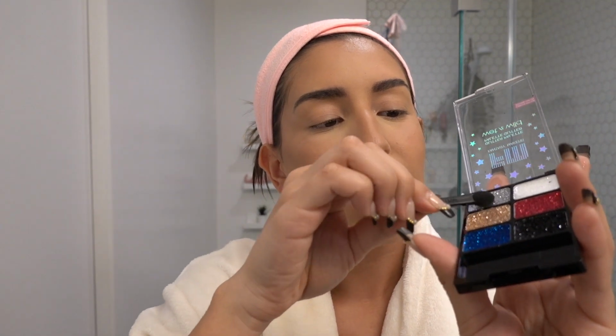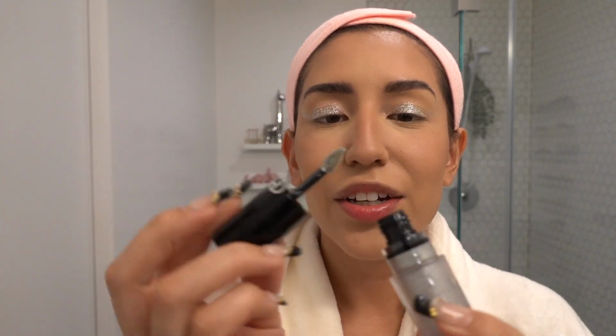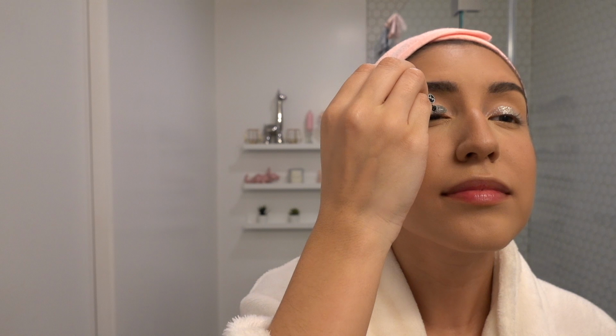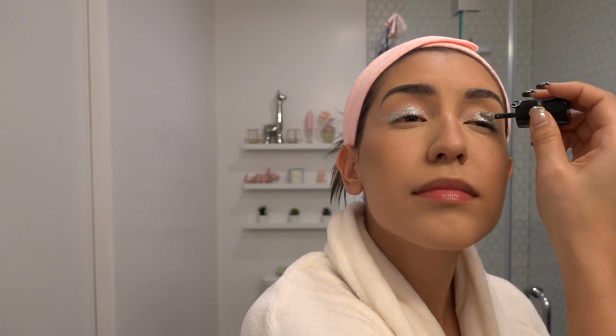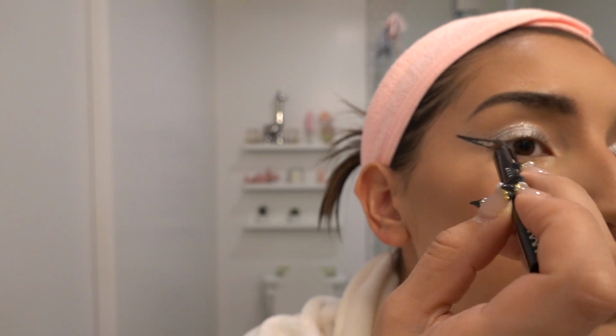Like I said, I'm not a makeup guru. I'm not the best at makeup, but we're gonna try our best. So I'm gonna get some of that silver shadow. Okay, I just found this eye tint that's literally silver, which I feel like I should have used instead. We are going to go in with the eyeliner. Okay, I'm gonna use this black eyeshadow and this